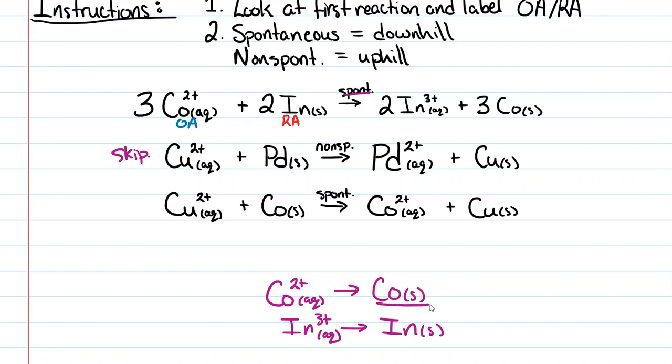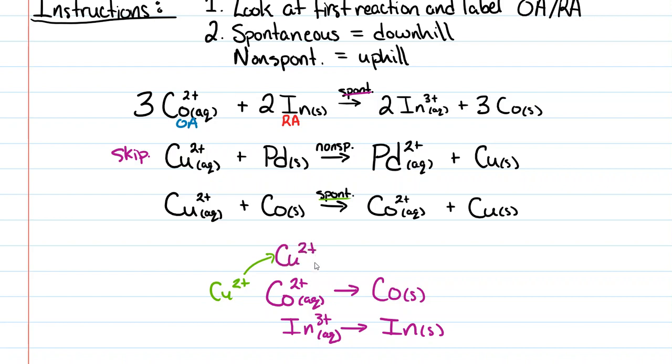So look at cobalt here and think to yourself, okay, the cobalt solid is here, and if copper 2 plus and cobalt made a spontaneous reaction, the copper 2 plus has to go on the opposite side of cobalt, right? If copper 2 plus and cobalt are potentially reacting with each other, they have to be on opposite sides of the table. So if one's on the right, then the other is on the left. In order for it to be a spontaneous reaction, it has to be downhill. So we have to put copper 2 plus